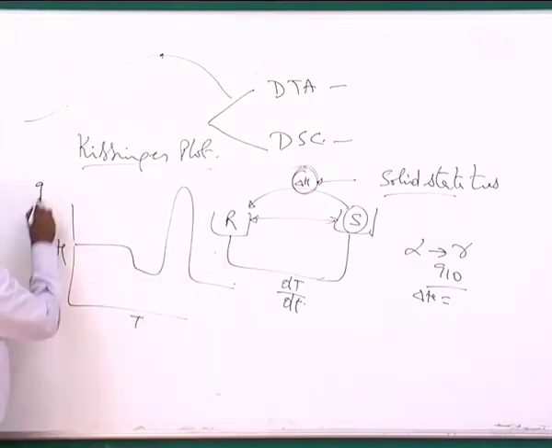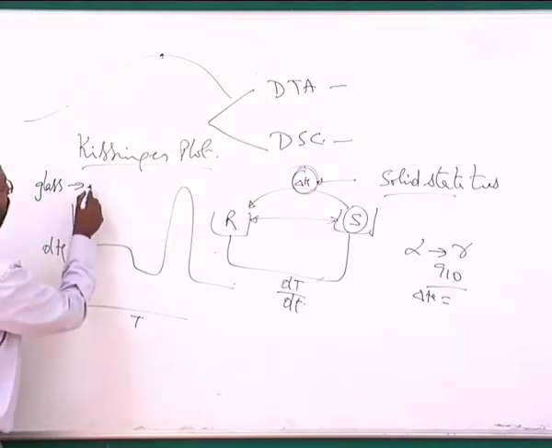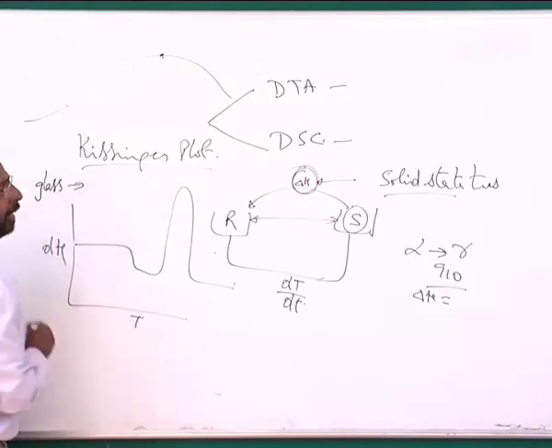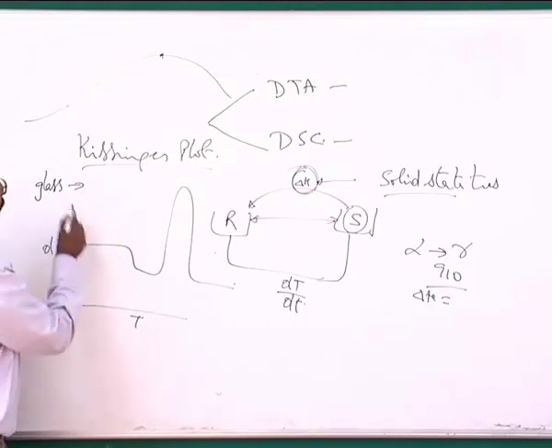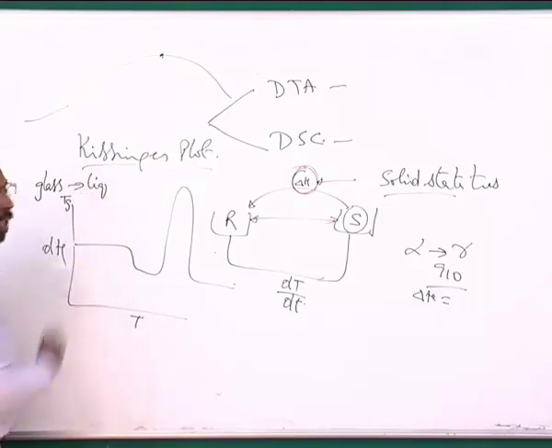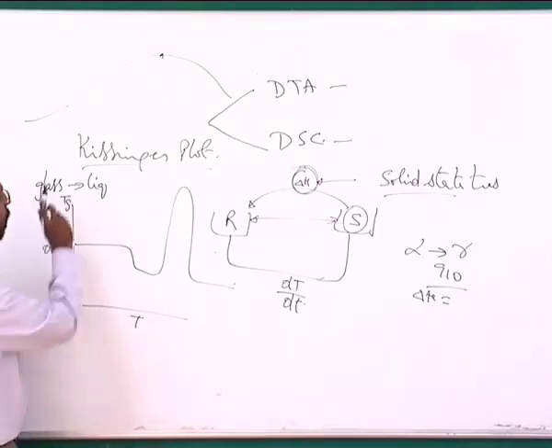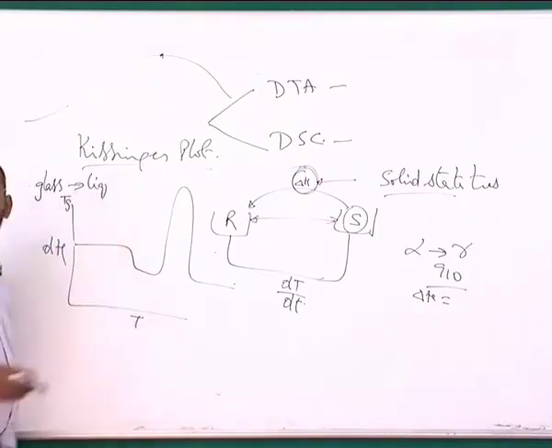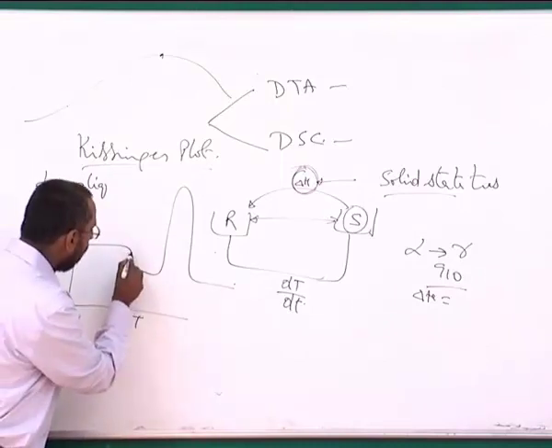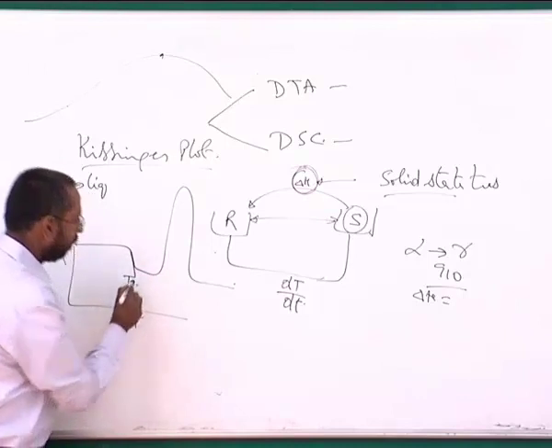If I take a glass, that is what I was talking to you earlier, first order and second order transitions. If I take a glass and heat it, at that Tg, this glass becomes a liquid. What is glass? Glass is what is called a configurationally frozen supercooled liquid. So when a liquid gives you a glass, when I heat the glass, it should become a liquid. And that is what you see at this particular temperature, which is called Tg.